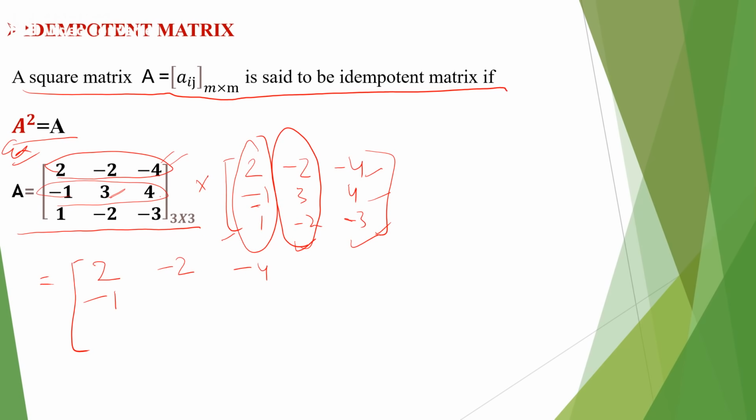And when we multiply the second row with the second column, we get plus 2, 3 into 3 is 9, plus 9 and minus 8, we get 3. And then when we multiply the second row with the third column, we get 4. Again similarly, the third row with columns 1 2 3, we get 1, -2, -3. So we see this is again the matrix A. So the matrix A is an idempotent matrix. Such a type of matrix is called idempotent.